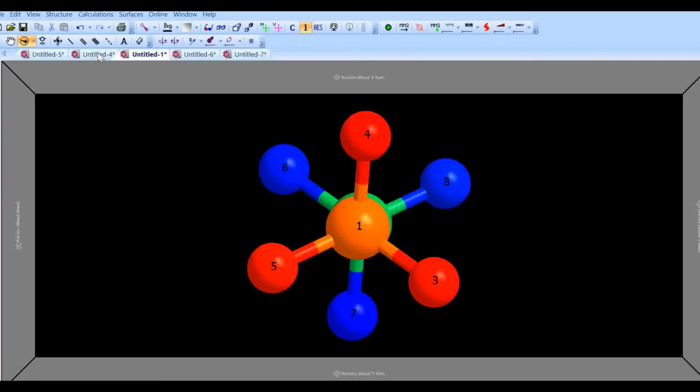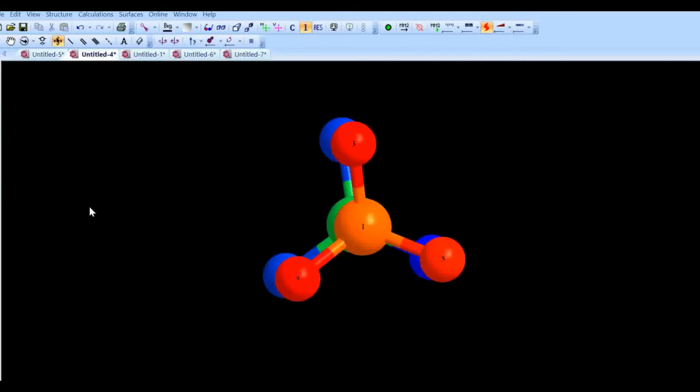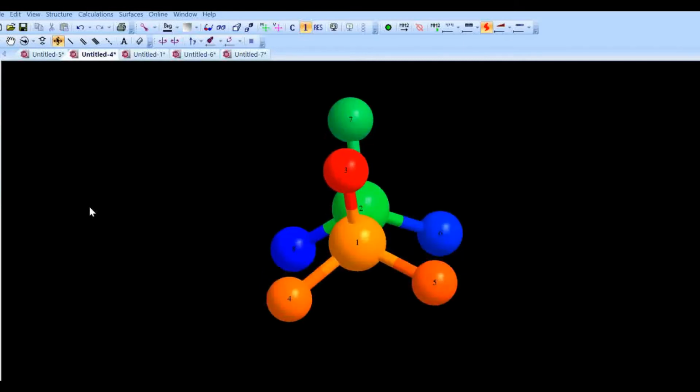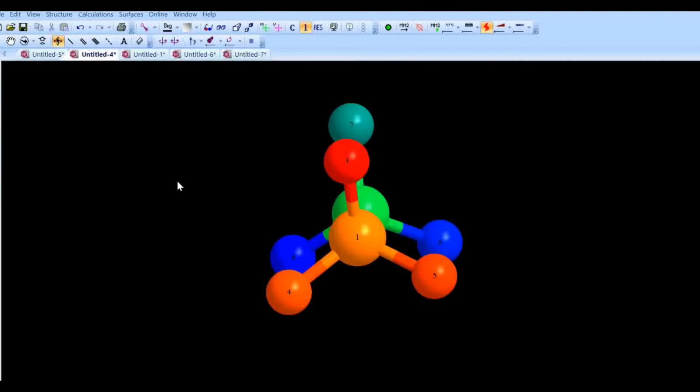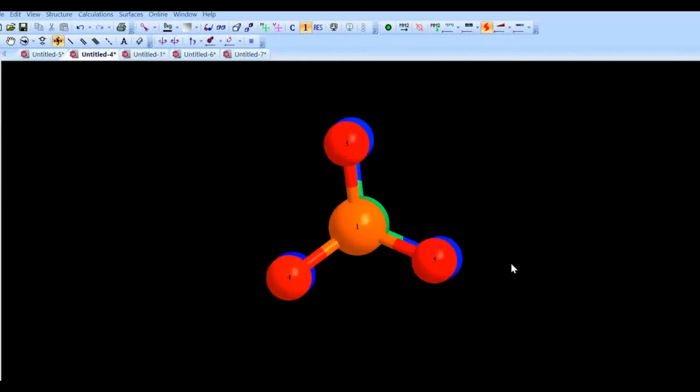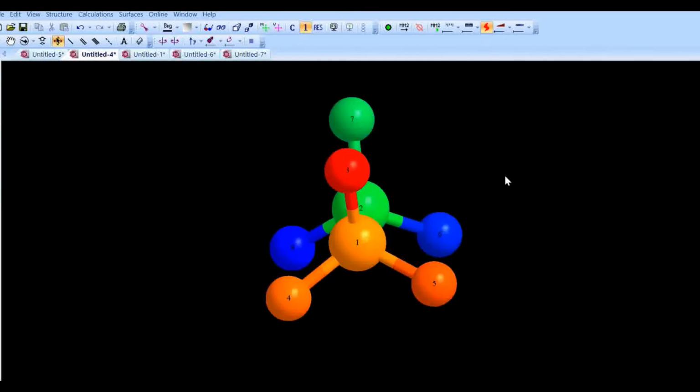Let us see the eclipsed conformation of ethane. Here you will see that hydrogen atoms number 3 and 7 are in one line. In the same way, hydrogen atoms number 4 and 8 are in the same line, and 5 and 6 are in the same line. This is called eclipsed conformation. Now, if you want to study the symmetry of this molecule, once again, you know that the principal axis is C3, passing through atom number 1 and 2.